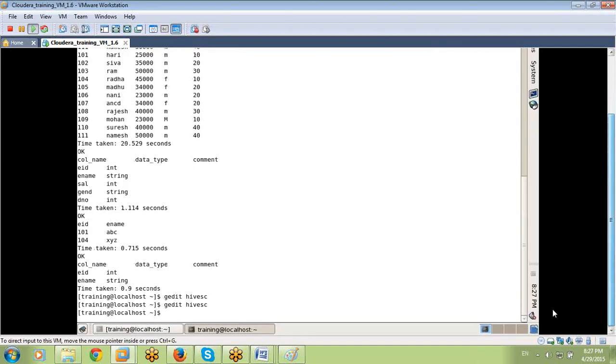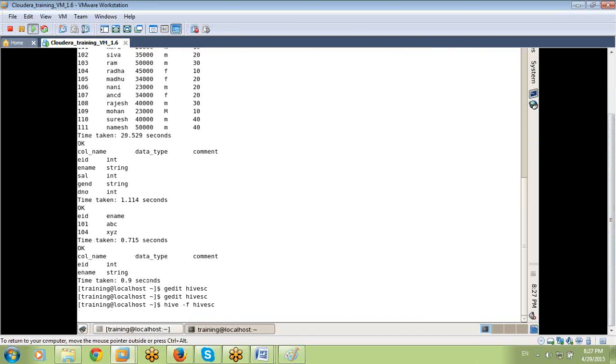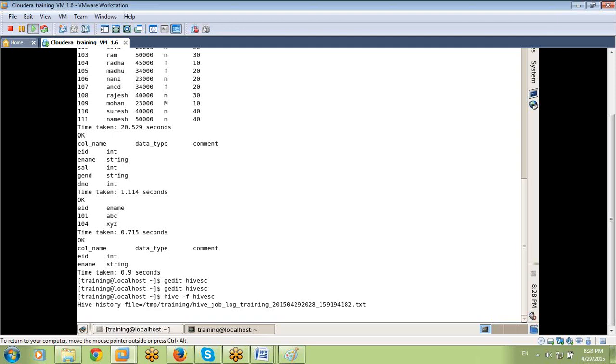What is the main advantage of the script? You can easily edit the queries, and you can easily run the queries also at a time only.